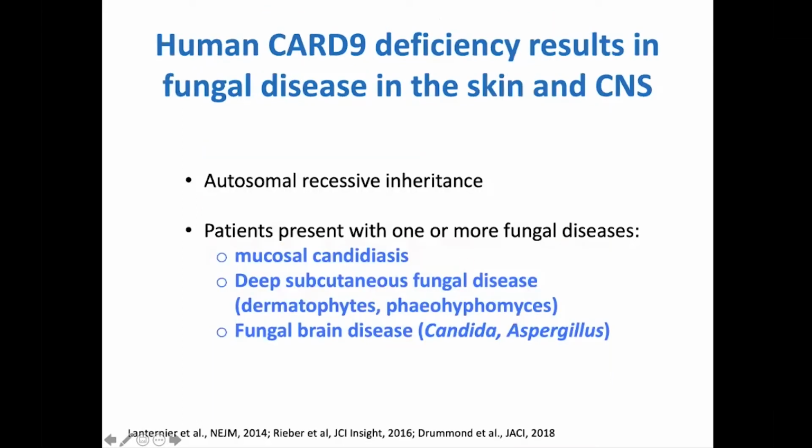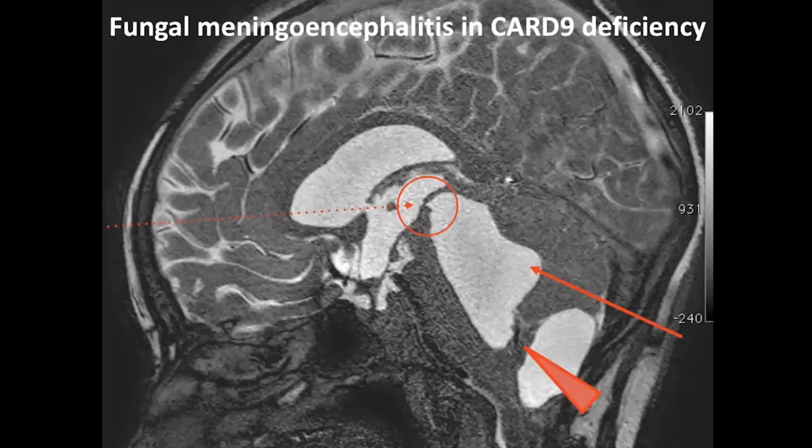What is very interesting about this disease is that it causes selective susceptibility to fungal infections. Not only do these patients get only fungal disease, but when they get it, they get it in very specific areas. For example, they get infections in their mucocutaneous sites and in the brain, but typically not in other places. So this is a girl that we saw here several years ago who had Candida meningoencephalitis